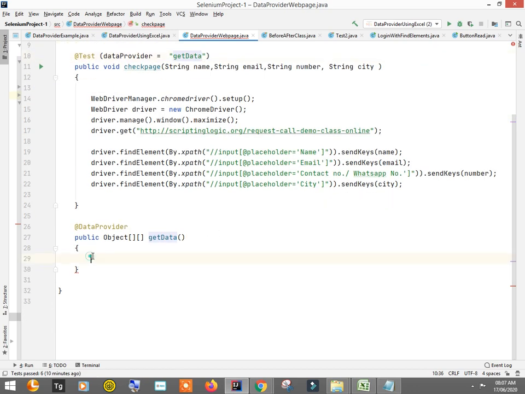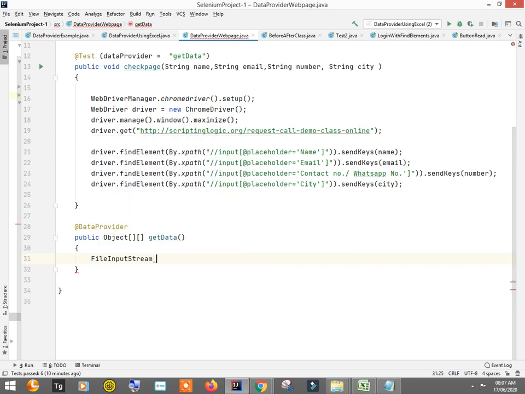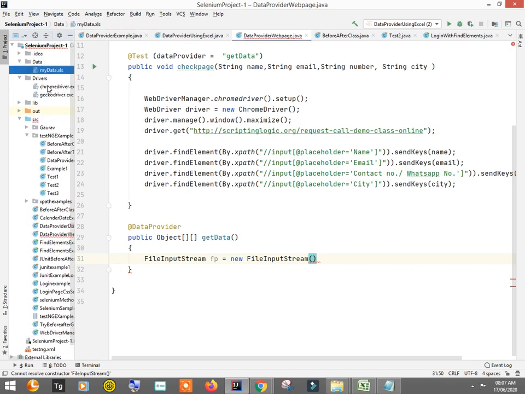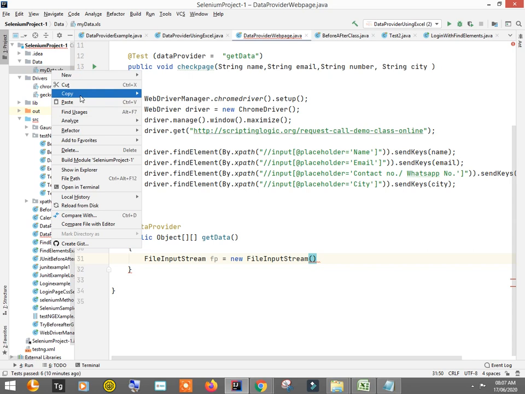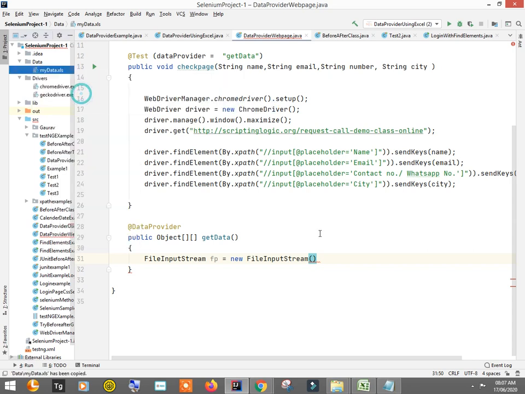So now the same thing, file input stream, let's say fp is equal to new file input stream, right? So we will read the same file because we have used the data from the same file. So copy path, yes, so I'm copying the relative path.